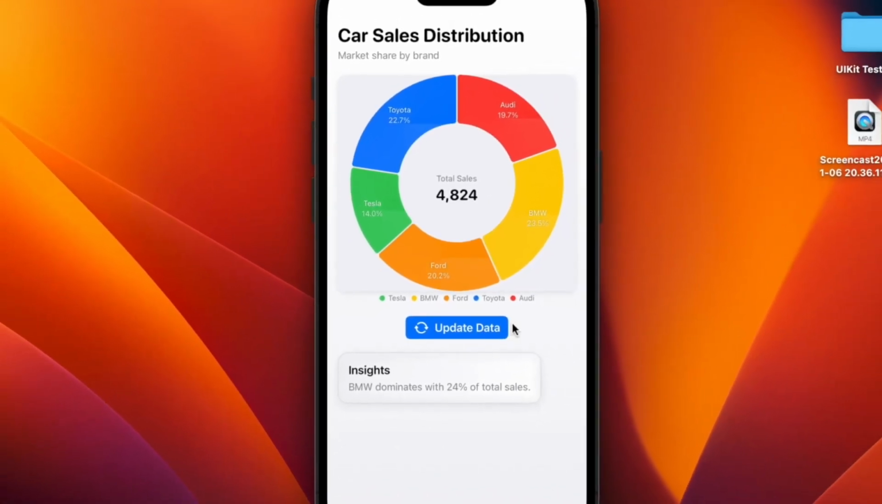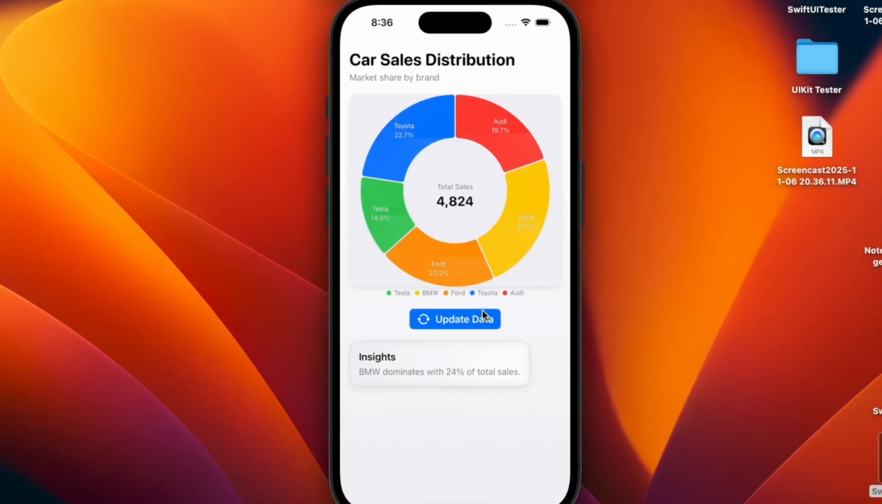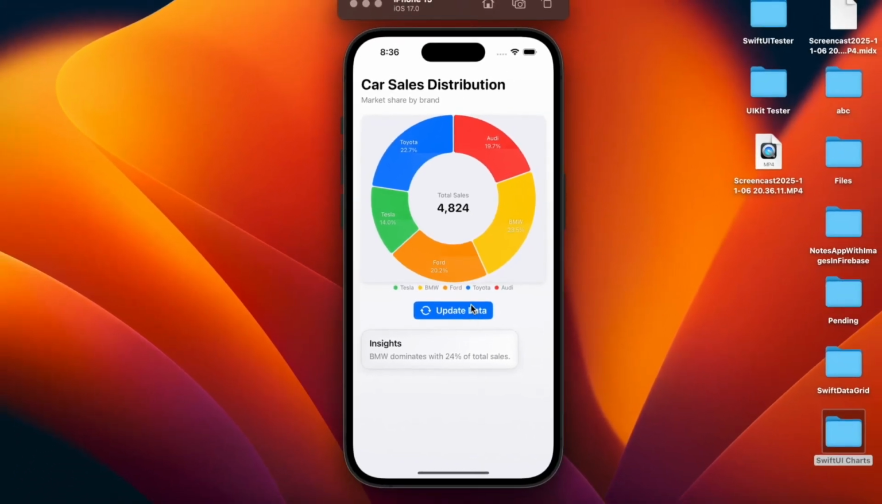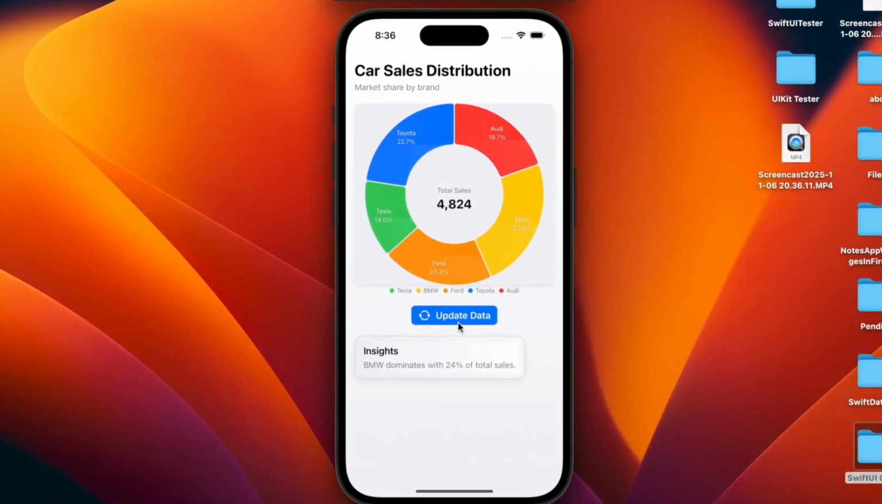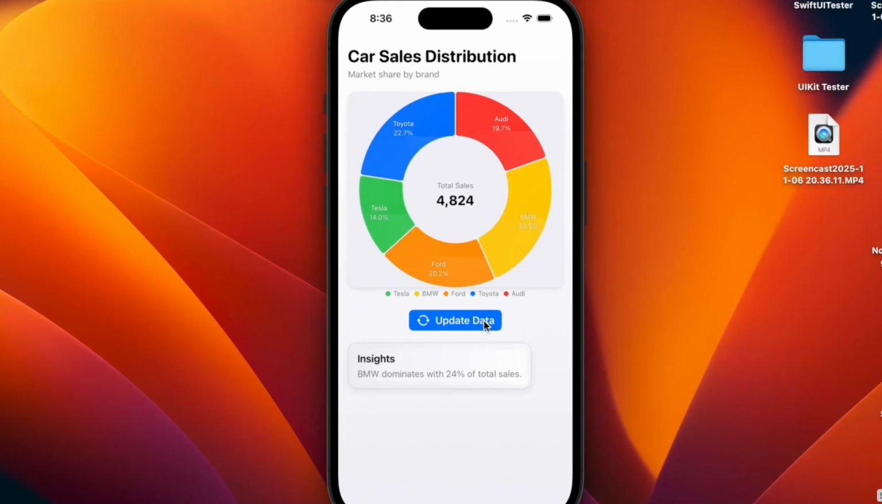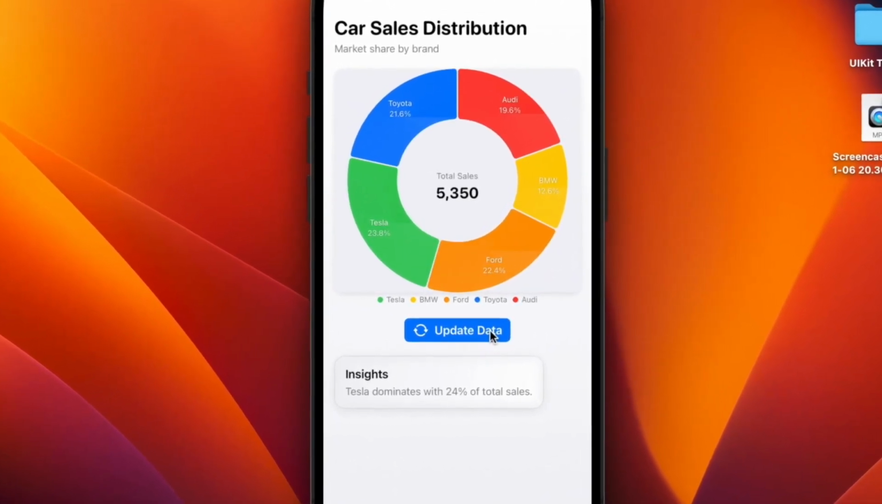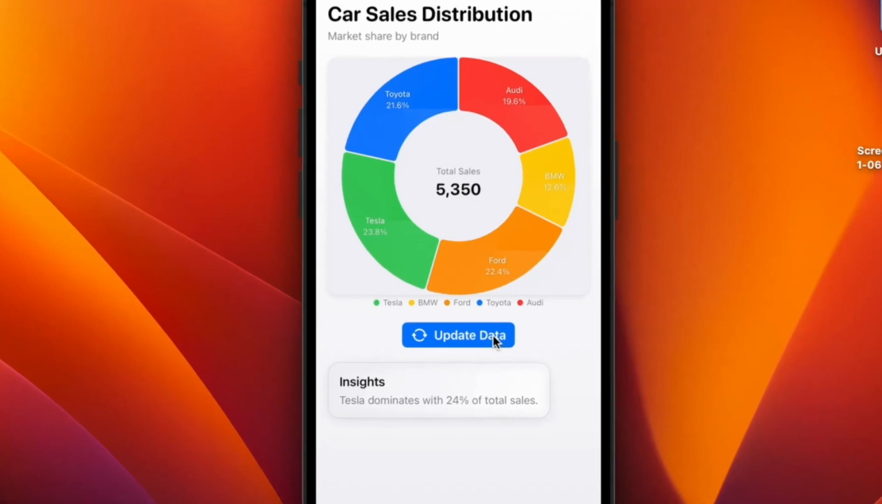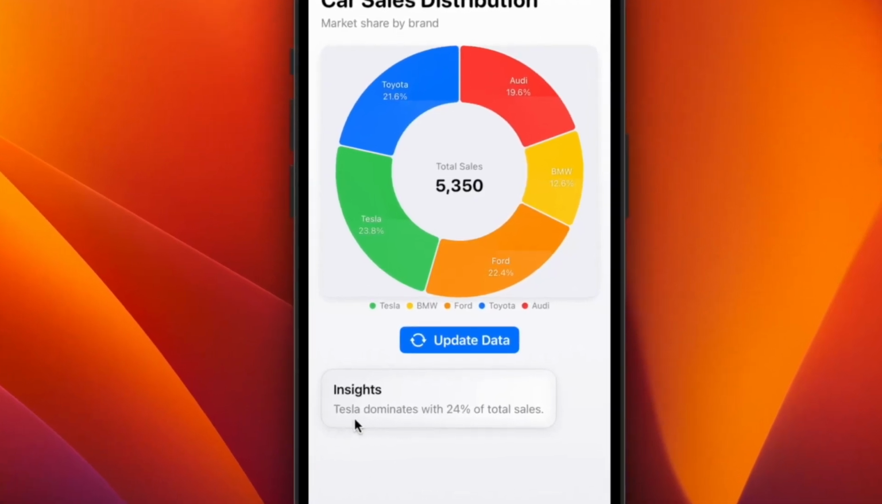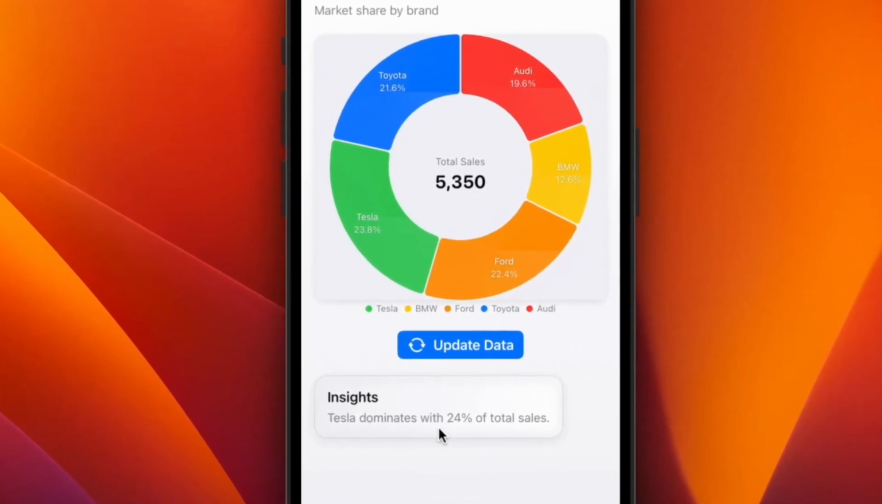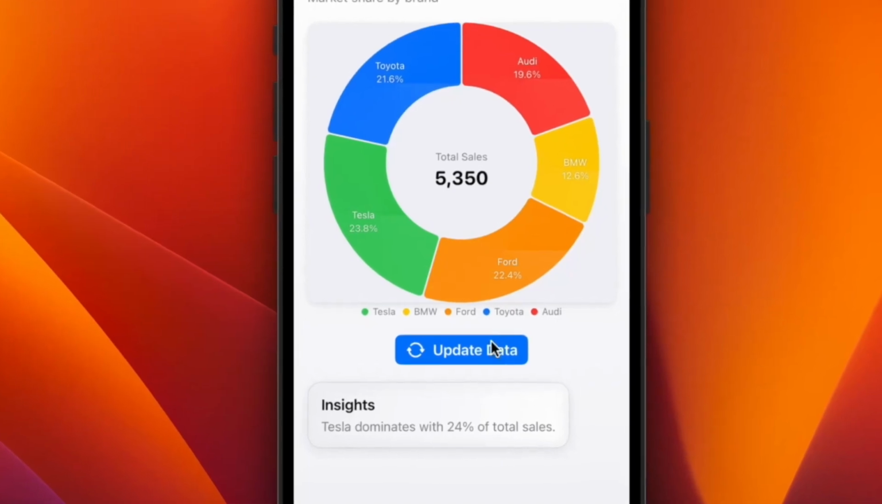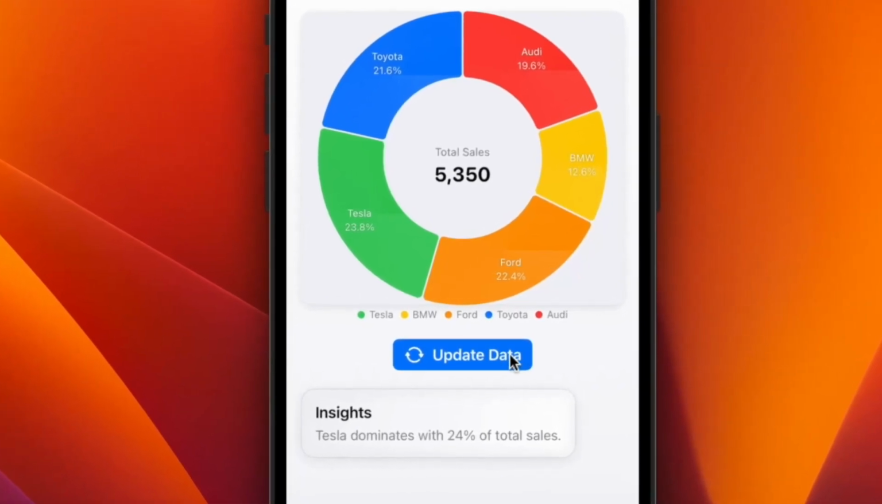So the information is retrieved from SwiftData and is populated within the charts. So if I click on the Update button, you'll see it updates the charts and it includes some animation and it also includes some insights, like Tesla dominates with 24% of the total sales. And if I click the Update button again,